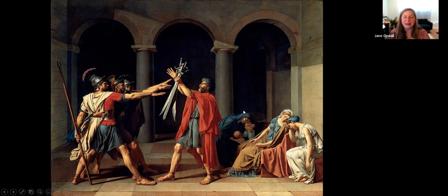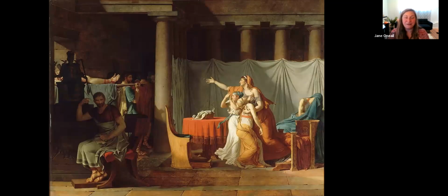We probably don't have time today to get into all of the gender politics in this image, but suffice it to say, the women don't really play an important role in this particular composition. We can see that Jacques-Louis David is referencing the classical past once again with this image here, which is called "The Lictors Bringing to Brutus the Bodies of His Sons." This is from 1789, right on the cusp of the French Revolution, the storming of the Bastille. And this is another image that is carefully picked essentially to tell the story of service and dedication to